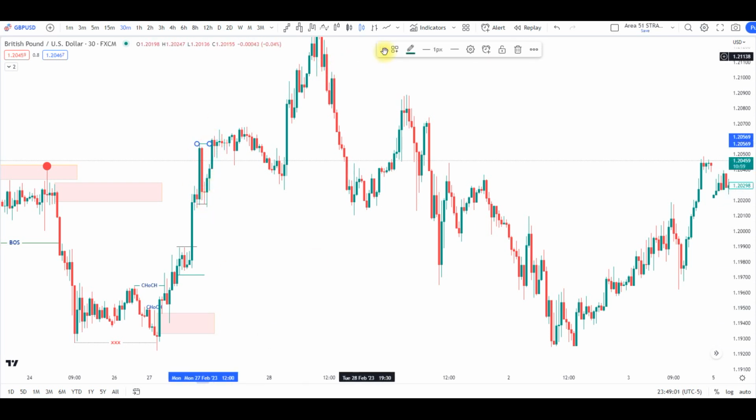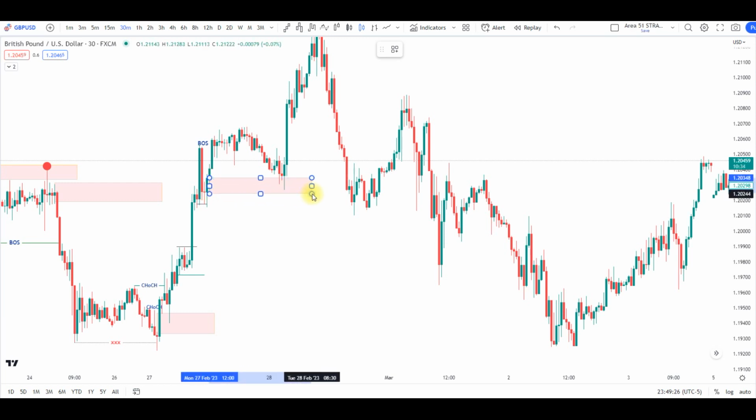So now here we have a break of structure. Once we get that break of structure, what happened after that? This is an external market structure. Now this is the internal market structure, and then this is the external market structure, giving us that break of structure, and now this is the internal market structure. Now it came back to realign,